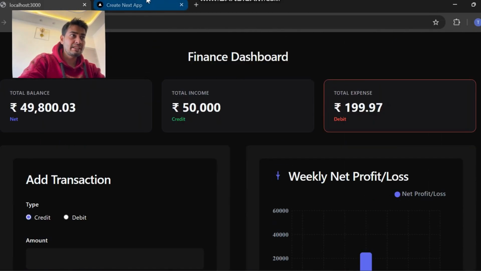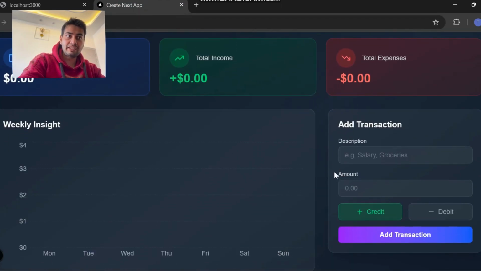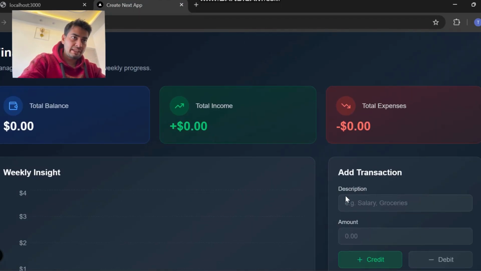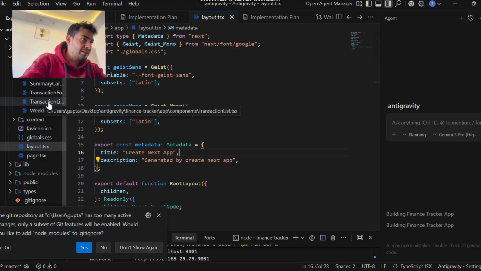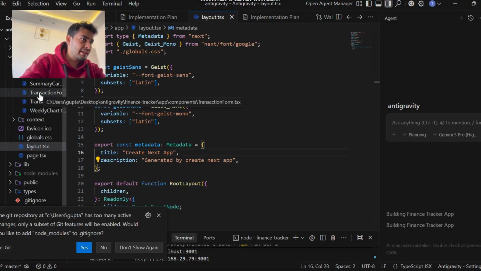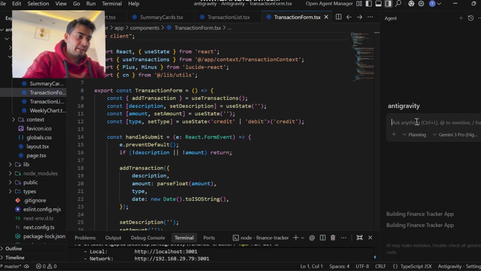Let's move towards Antigravity now. In Antigravity, we need to add the date filter over here. So let's move towards Antigravity, and here it is: the transaction list and transaction form. This one will be the form. So here in the transaction form component,